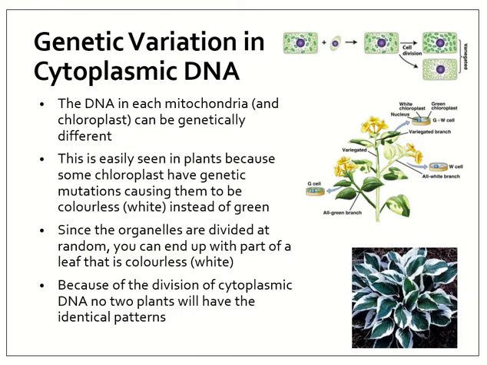Okay, so why does this maternal and paternal inheritance cause genetic variation? Why does the chloroplast and mitochondria cause genetic variation with just those organelles? When you're looking at the chloroplasts and the mitochondria, they can be genetically different. Mutations happen, things can happen along the way, and so they're not necessarily always the same.